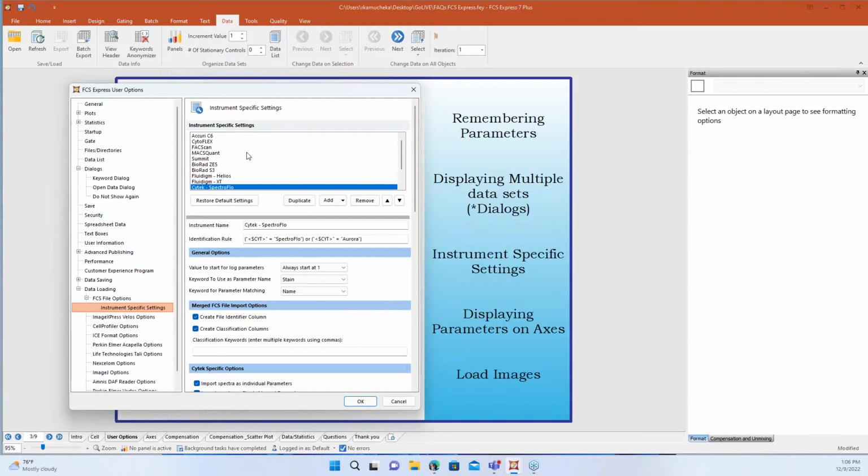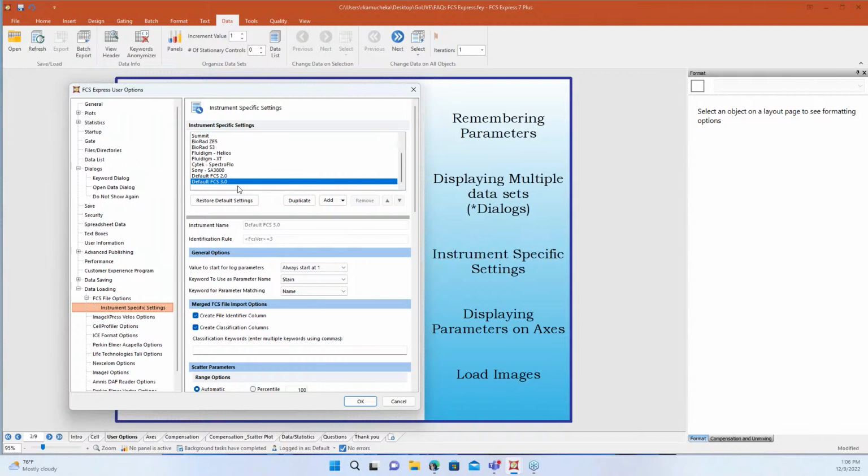And with these instrument specific settings, you can add different instruments. So you can also control how your data is being displayed. It's telling FCS Express what you want to see and how you want those parameters to be scaled, but you can also do a really broad version. If we just want to do a default FCS file, we can, if there are no instrument settings above it, because that is the priority. If there are any instrument specific settings, it will use those first.